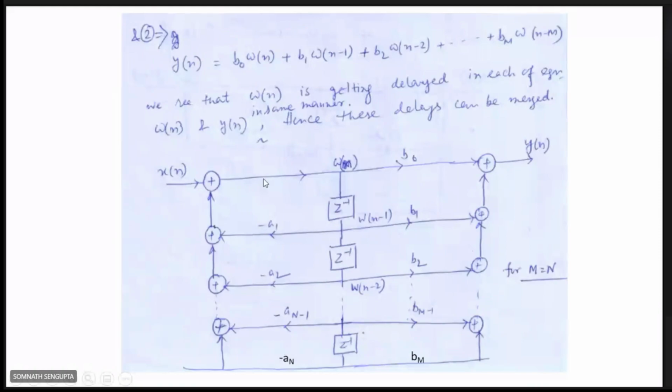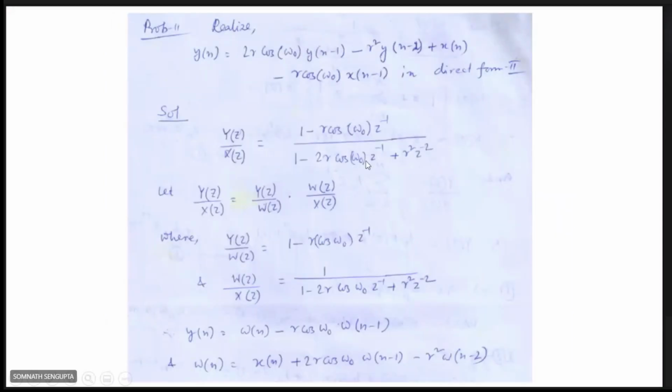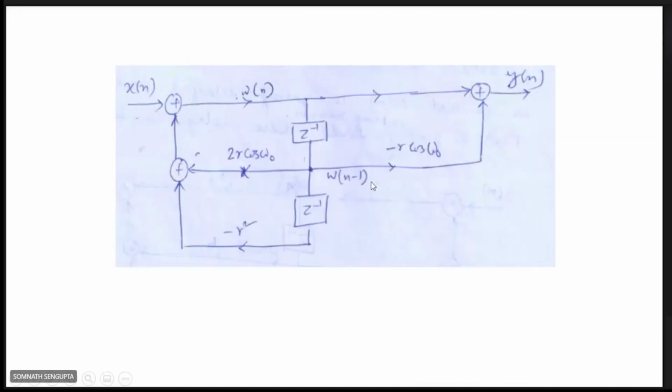So it is 1 always, then goes directly to this side, but direction is this. But for all other coefficients, direction is towards x. So a1, a2, all will be minus. So a1 is 2r cos omega 0 and a2 is r square. Okay. So this way, if you remember it, then you can see that